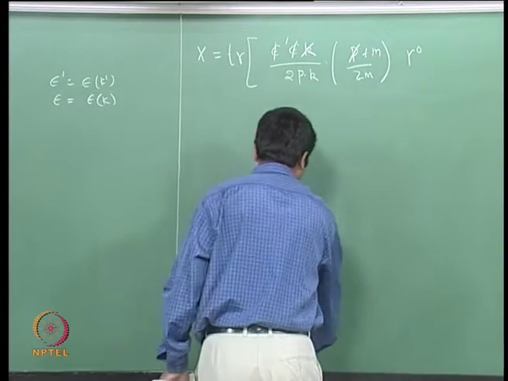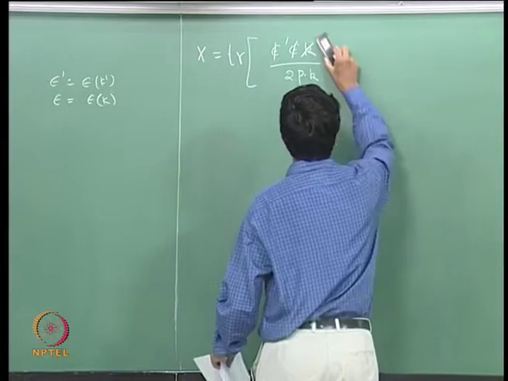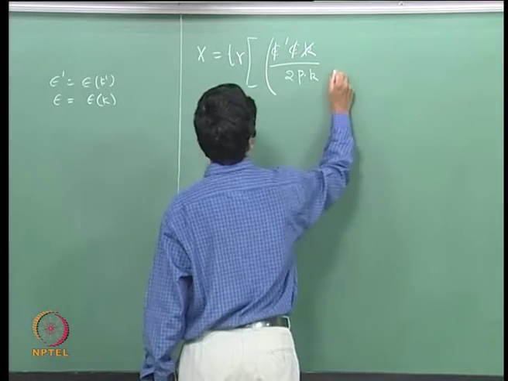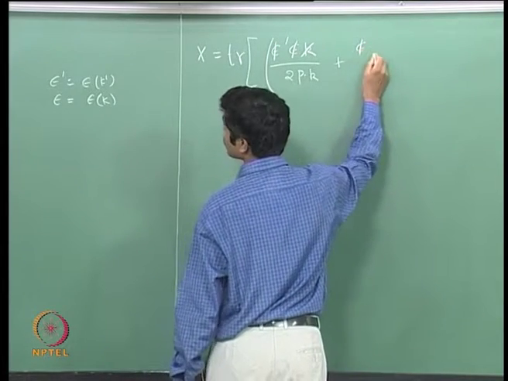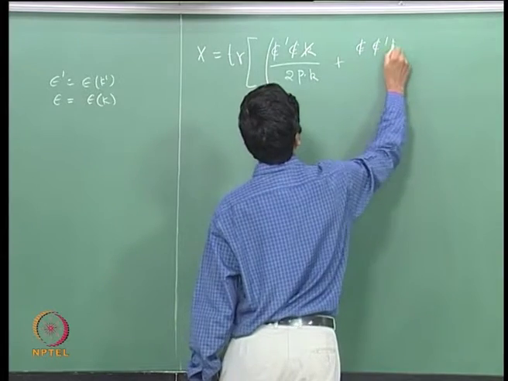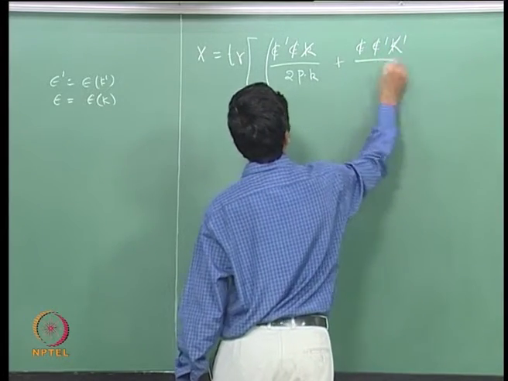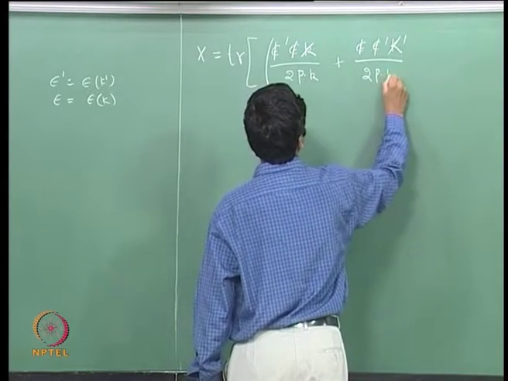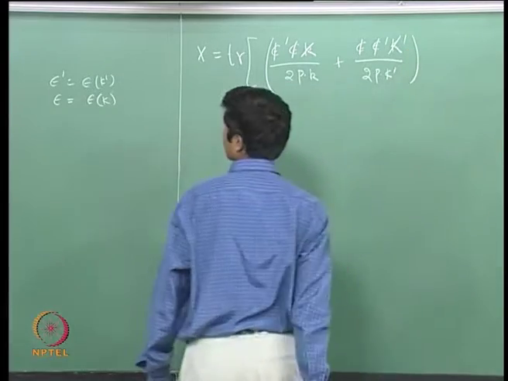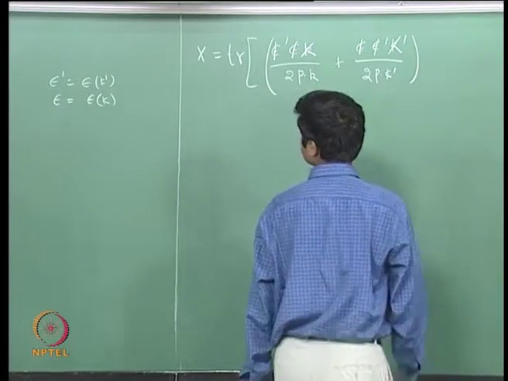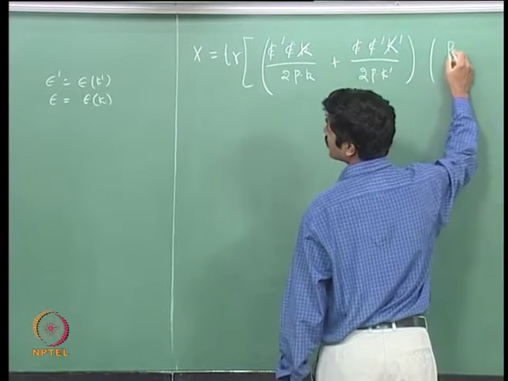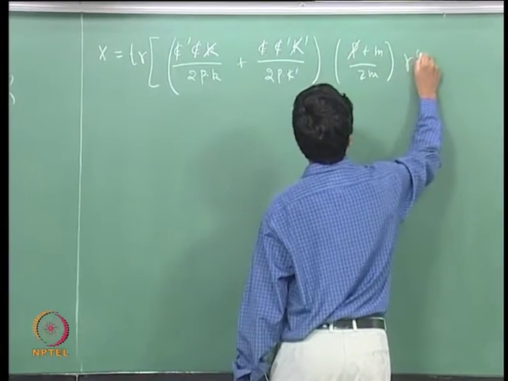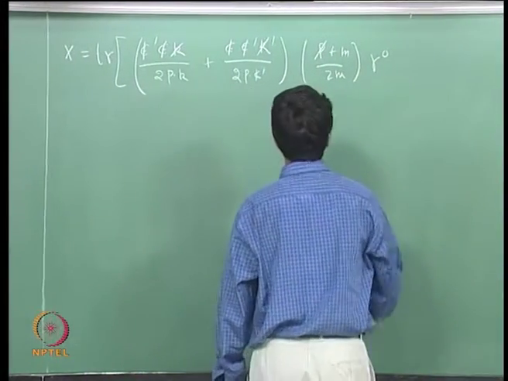Oh, sorry, there is one more term, plus epsilon slash epsilon prime slash k prime slash over 2 p dot k prime, then p slash plus m over 2m, and gamma 0, this quantity dagger